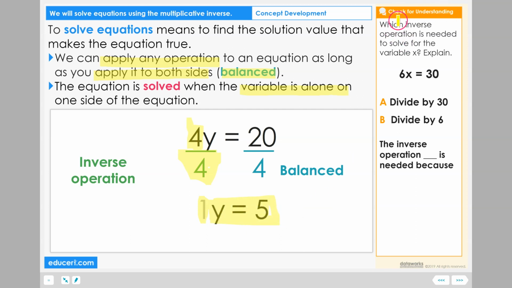Let's check for understanding. Which inverse operation is needed to solve for the variable x? X is right here in the equation, and this equation is not solved because the variable is not alone on this side of the equation. A, do we divide by 30? Or B, divide by 6? The inverse operation blank is needed because